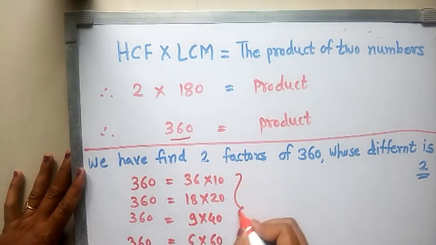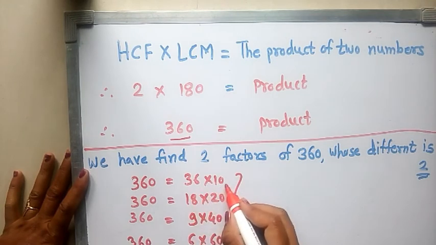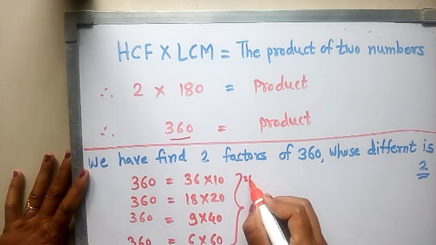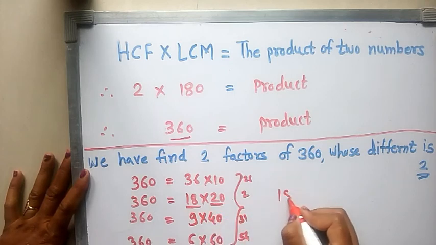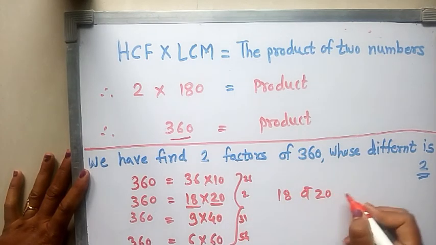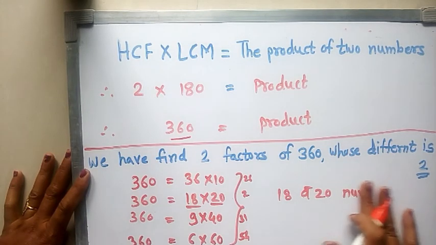In these four factor pairs, the difference for 36 and 10 is 26. 18 and 20 difference is 2, 9 and 40 difference is 31, and 6 and 60 difference is 54. 18 and 20